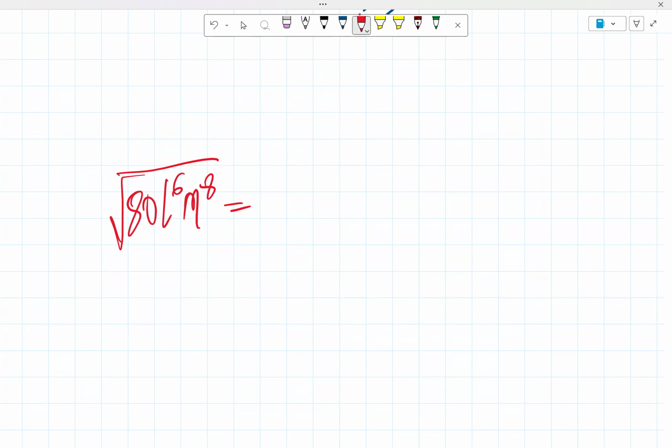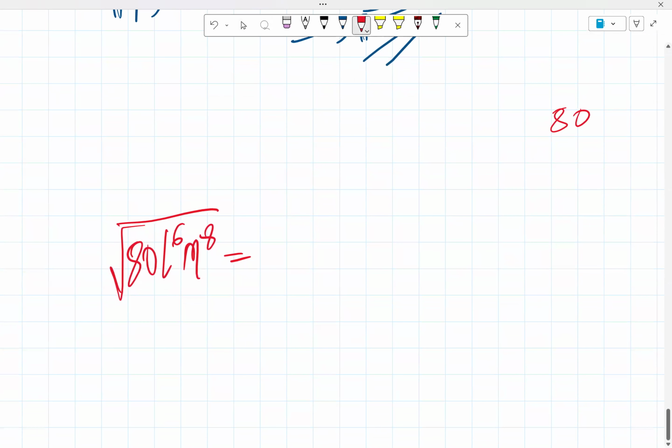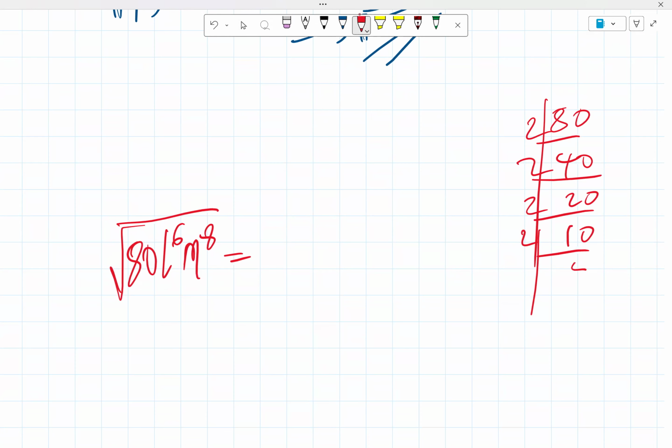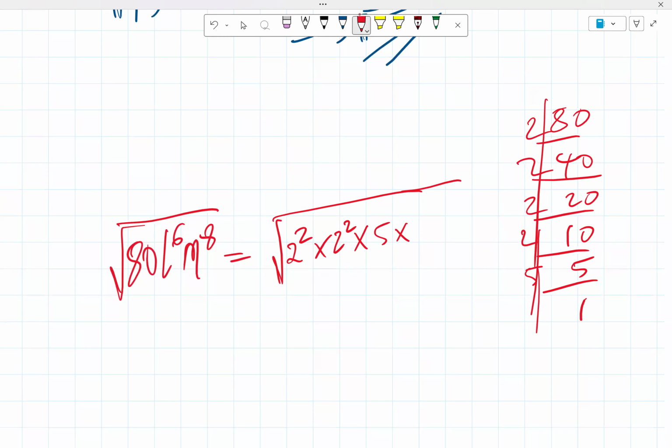Okay, so we know already that maybe we can do 80 by the side. So this is 80. So 2 in 80 is 40, 2 in 40 is 20, 2 in 20 is 10, 2 in 10 is 5, and 5 in 5 is 1. So that means we have this now to be square root of 80. So this is 2 raised to power 2 times 2 raised to power 2, that is 16, right? Times 5. And then L raised to power 6